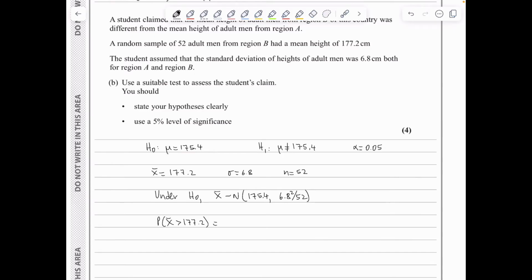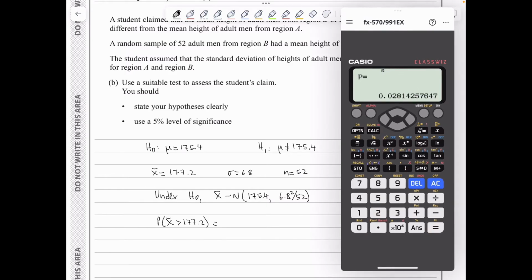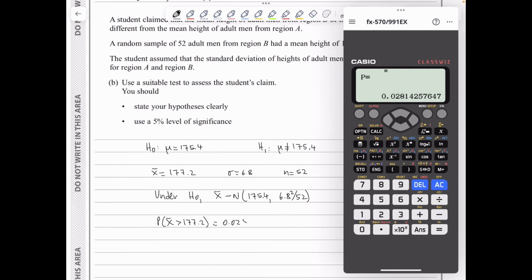177.2. So once more, I'll go on my calculator, I press menu, 7, it's the normal CD. My lower is 177.2. I keep my upper to be something big and positive. My sigma is the square root of 6.8 squared divided by 52. And my mu is 175.4. This gives an answer of 0.0281, which is greater than the